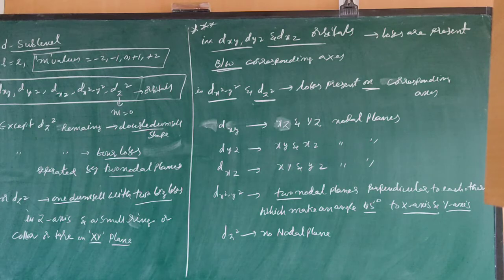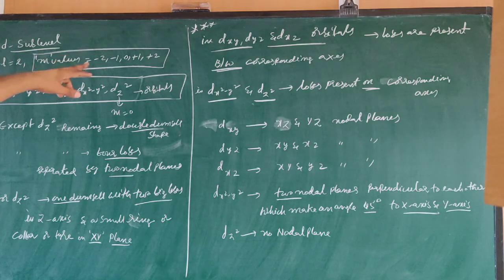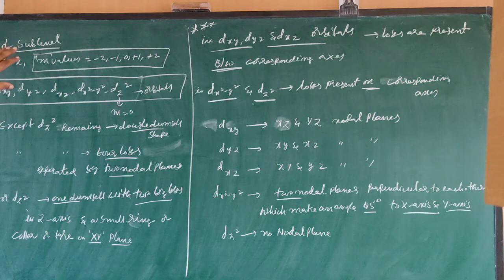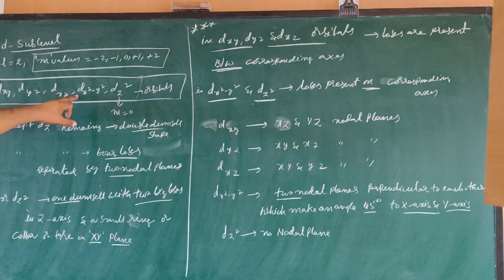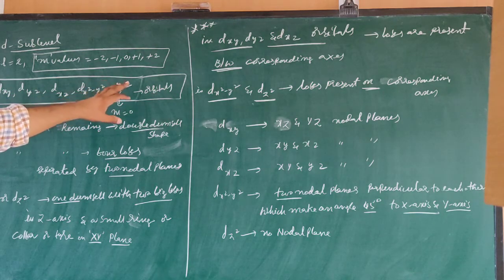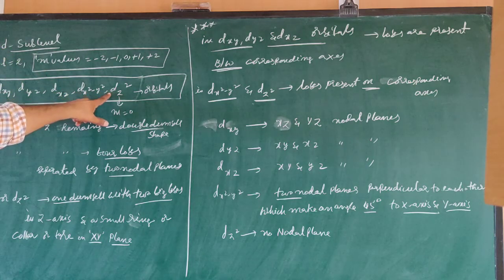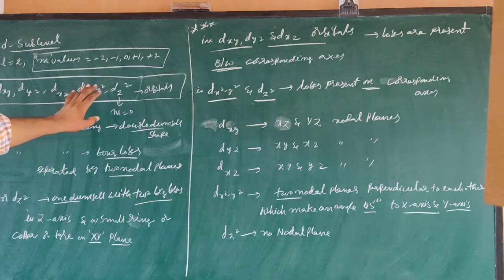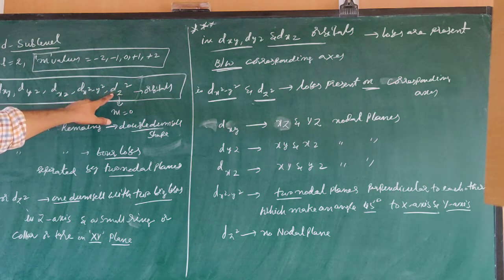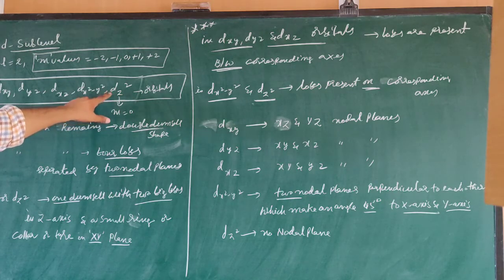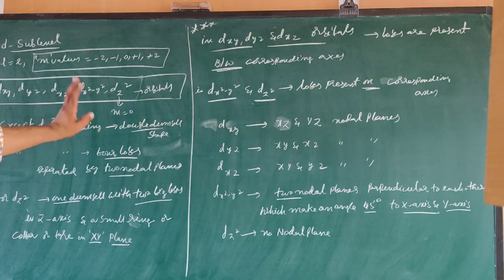If we consider this sublevel, l is equal to 2. If l is equal to 2, m values range from -2, -1, 0, +1, +2. The orbitals are dxy, dyz, dxz, dx²-y² and dz² orbitals. These are the 5 different orbitals present in the d sublevel. For conventional purposes, for dz² we can consider m is equal to 0. Simple logic: wherever only z is there, this is dz². For dz², we consider m equal to 0, only a single z.